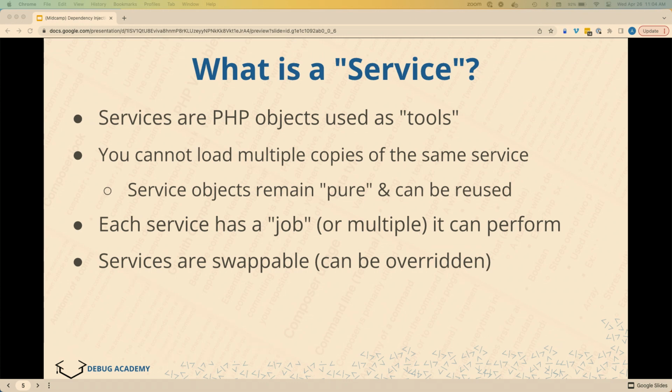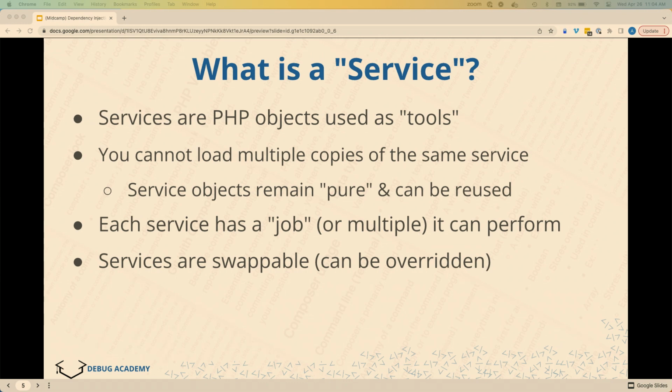When I say service objects remain pure, what I mean is you're not loading a bunch of different instances of the same service. You're just loading it once and using it again and again. Each service has a specific job or tasks that it can be used for. One of the reasons we use services instead of just a plain old PHP object is because it's swappable.